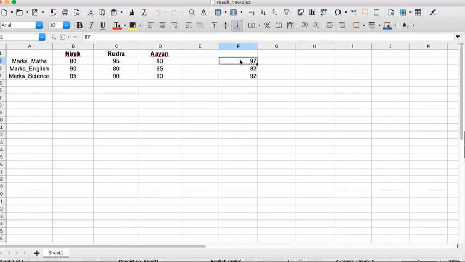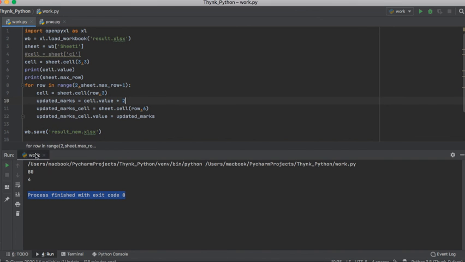Beautiful. So these are the marks which are updated. So this workbook is now incremented and you have modified the column without actually working on the worksheet. So that is the beauty of Python. Though this was a small workbook with only 4 entries, when you're working with large spreadsheets having hundreds of data, this happens in a split second. You notice here that the moment I've run the code, it happened in a second, right?